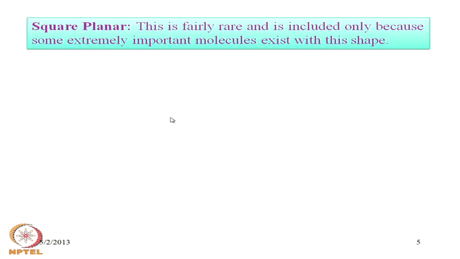So, compared to this, another geometry in the coordination number 4 is the square planar one, and this square planar geometry is also fairly rare and is included only because some extremely important molecules exist with this shape. That means, whenever we have cyanide as the ligand, we have Ni(CN)4 2 minus, with 4 cyanide groups attaching to the nickel center,